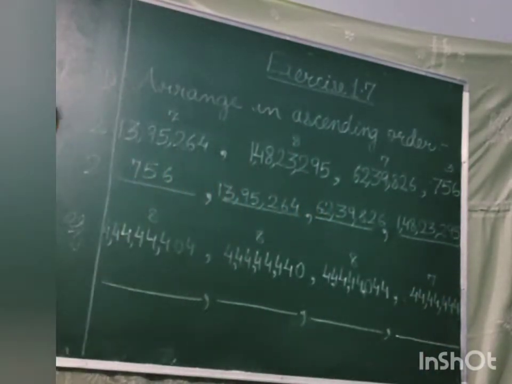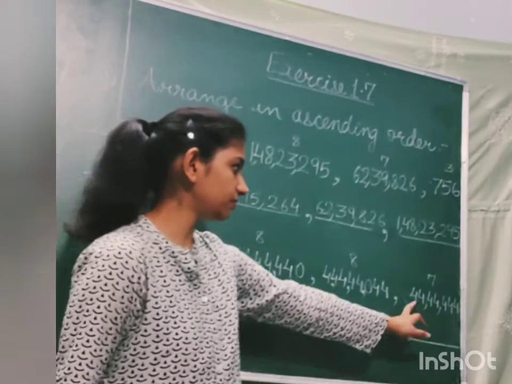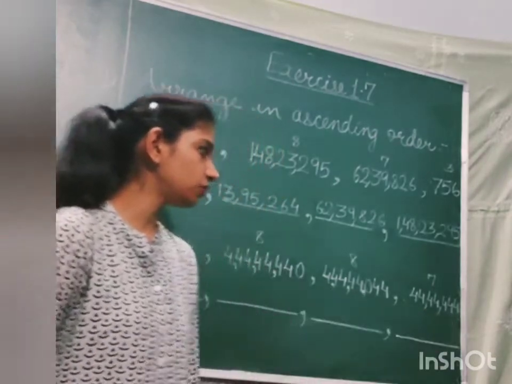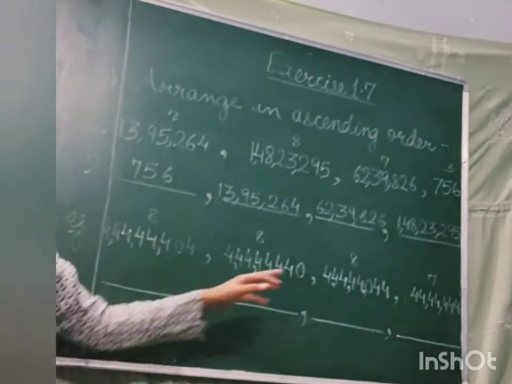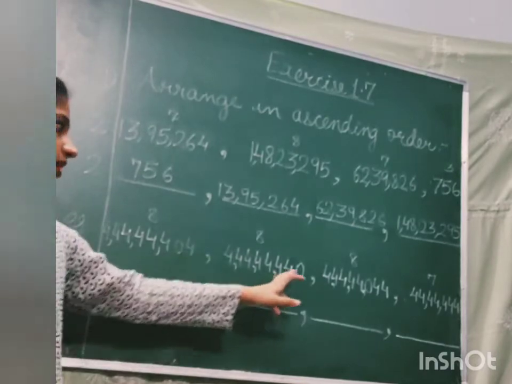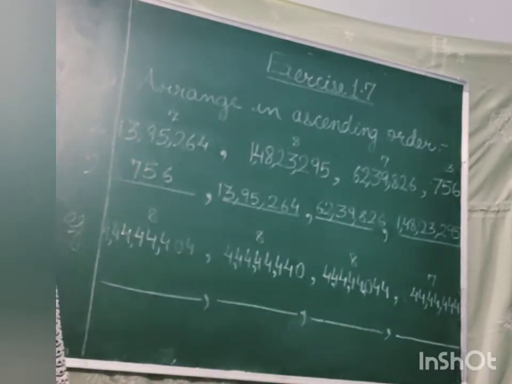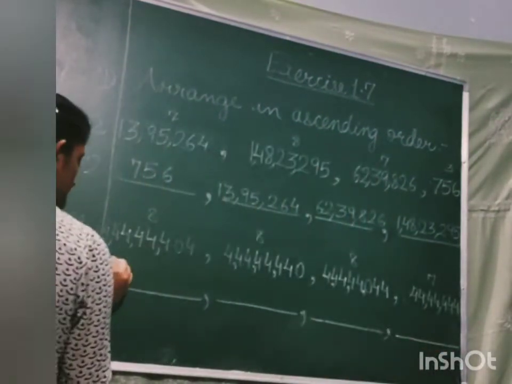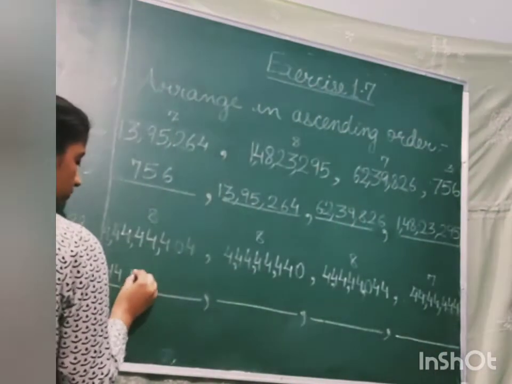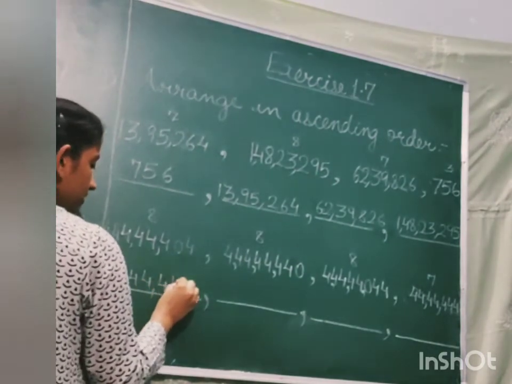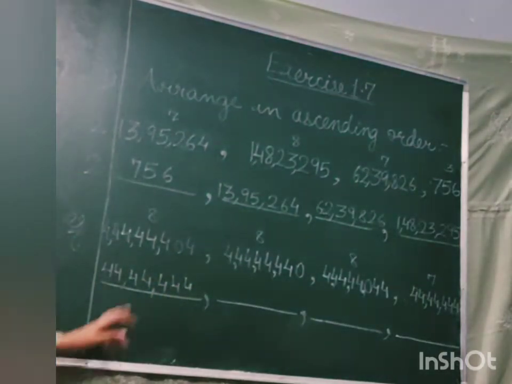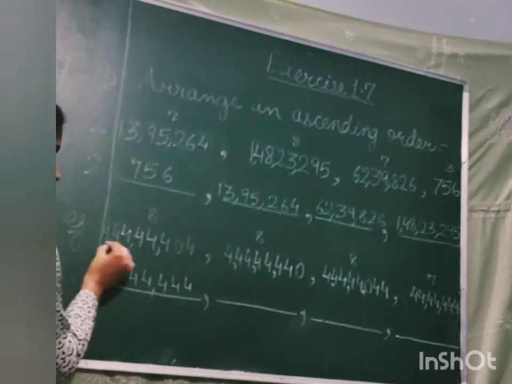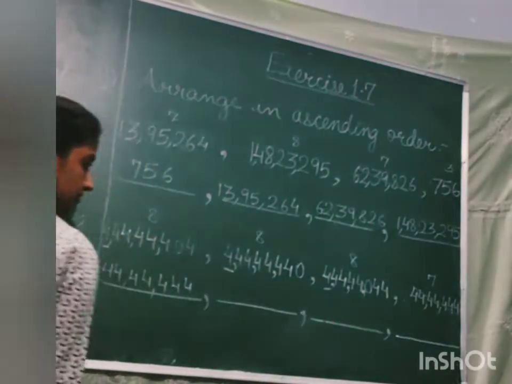So at least one number we can cross out quickly because it is only up to lakhs. It is 44,44,444. So which is the smallest, because rest all are going up to 8 digits and this is only a 7-digit number. So let's cross it out and write down 44,44,444. Now the remaining 3 are 8-digit numbers. So let's start comparing them. 4 crores, 4 crores, 4 crores.